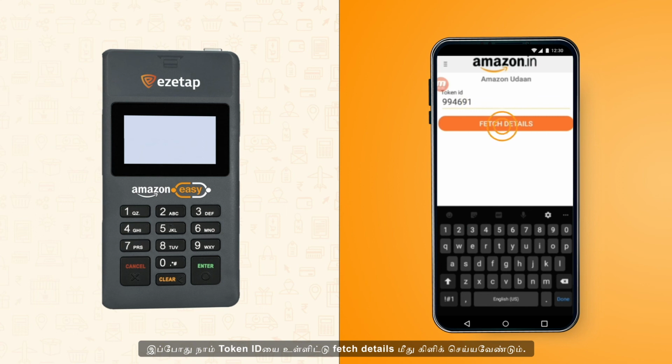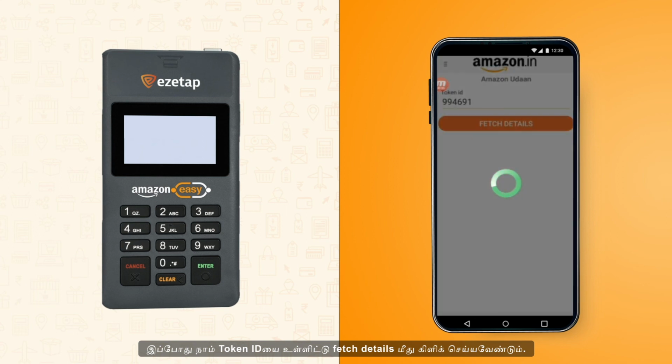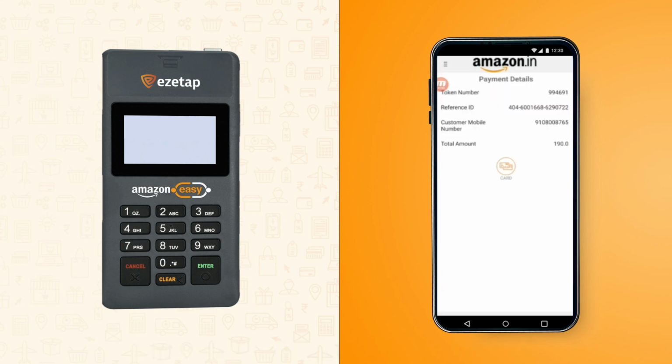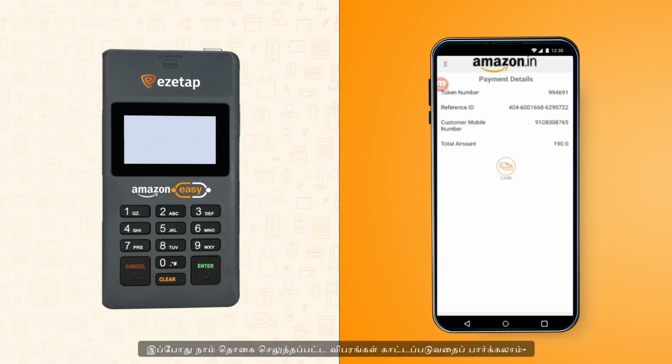And click on fetch details. Now you could see payment details are displayed, token number, reference ID, customer mobile number and total amount. So ensure the device is switched on and click on card.